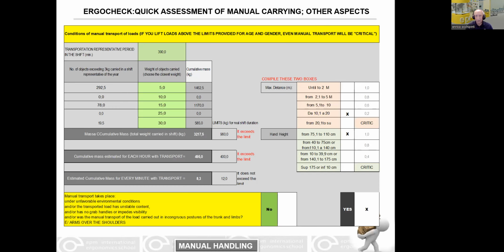But we prefer to use a little bit of sophistication, describing the object to be carried, the weight of the object, and some other characteristics: the distance of carrying, the hand weight during carrying, and other unfavorable factors, as the standard does,